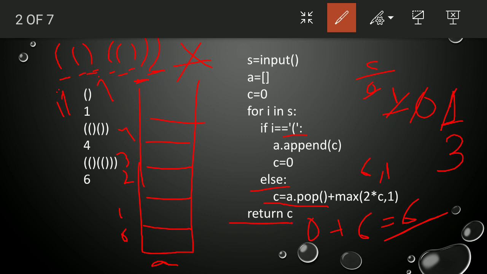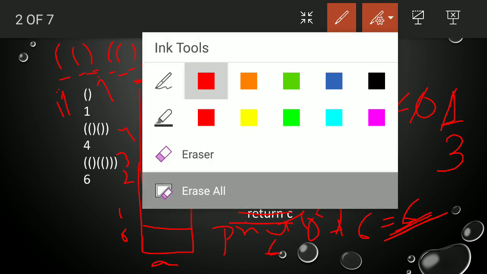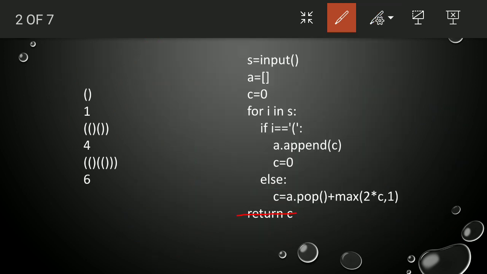Actually it is not to be returned here because I am not using a function. Here it must be print of C. So we will print this C, that is, 6 will be our output. Hope you got it. Here we write print C, not return C. When you are defining a user defined function, then return C is okay. But here we are not, so we write print C. Trace the program with all the inputs. You will definitely get this program.